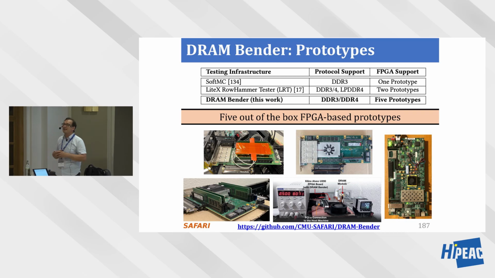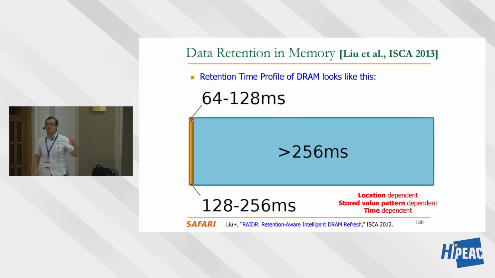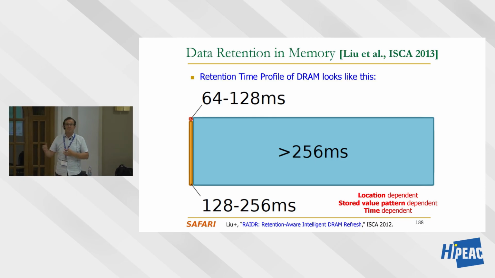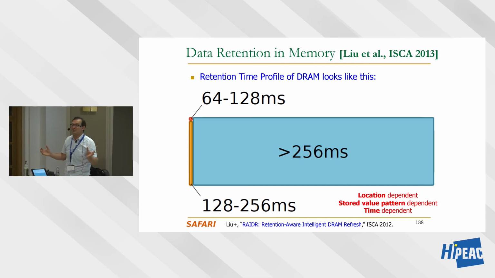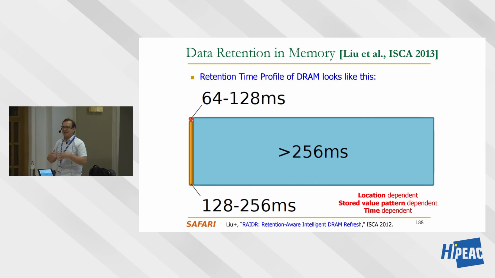So we asked the question, can we get rid of refresh as much as possible? And this is what we did. Essentially, we realized most of the cells don't need to be refreshed often because they're actually strong enough to keep the data longer than 64 milliseconds. Why? Because there's process manufacturing variation that happens. Everything is about variation, right? Humans actually have variation also. Genetic variation is there. Everything that's manufactured has a lot of variation as well. And this is a variation inside a chip. Most of the cells can retain data for 260 milliseconds. Now, if you can figure this out by testing the DRAM chip online or offline, you can actually get rid of most of the refreshes, more than 75% of the refreshes according to this picture.